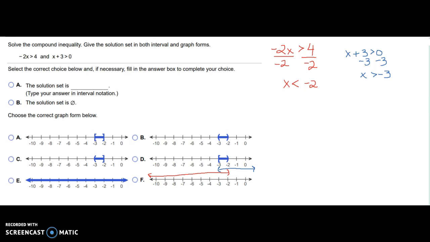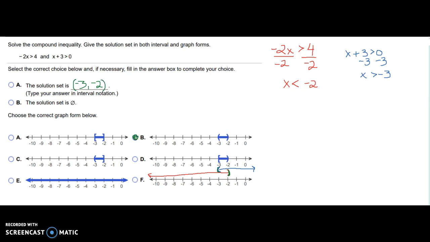And what I'm looking for is the area where they're both true. So over here, only the red line is true. Over here, only the blue line is true. But between negative 3 and negative 2, you see both lines at the same time. So our answer is only between negative 3 and negative 2, and they both get parentheses because neither inequality has a line underneath. So the solution set is negative 3 to negative 2 with parentheses on both sides, which would